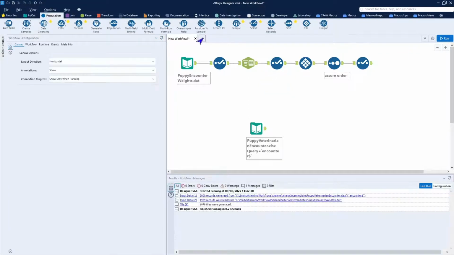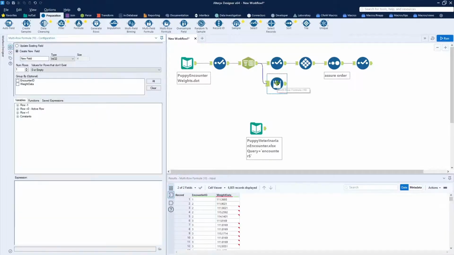Let's delete that off of there. We want the multi-row. The multi-row presents a whole new level of sophistication that lets things process through and lets you do some more complex data cleansing and blending. But in this case, we're going to want to do it because that's the only way to create the delta, is that we want to look at one row and compare the difference to another row. And you do that through the multi-row